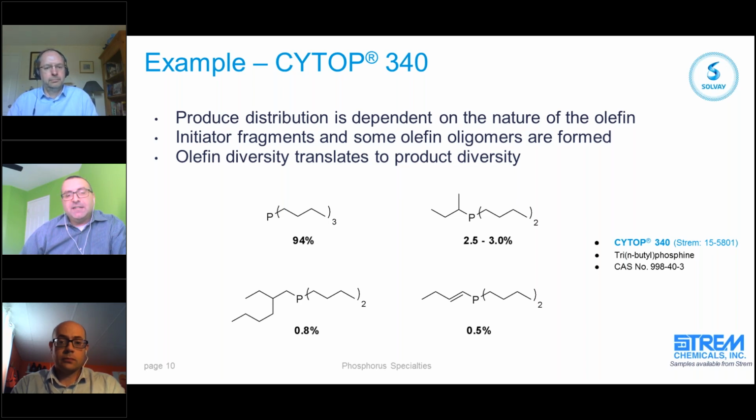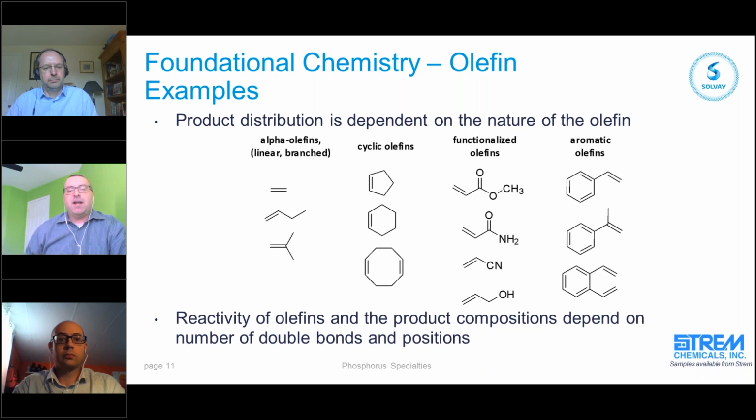Of course, we can control the nature of the products based on the conditions that we use, and we can manage the side products and impurities using some fairly traditional manufacturing or purification processes. So tri-n-butyl phosphine is a relatively simple product based on a fairly simple olefin. When you start to think about the olefins that we can use in this radical chemistry, the structures can become quite complex and quite interesting as well.